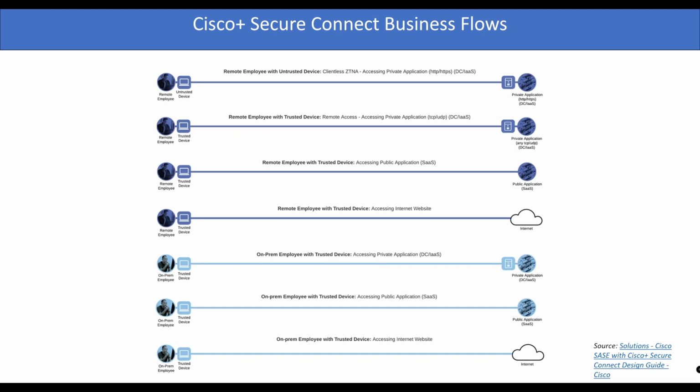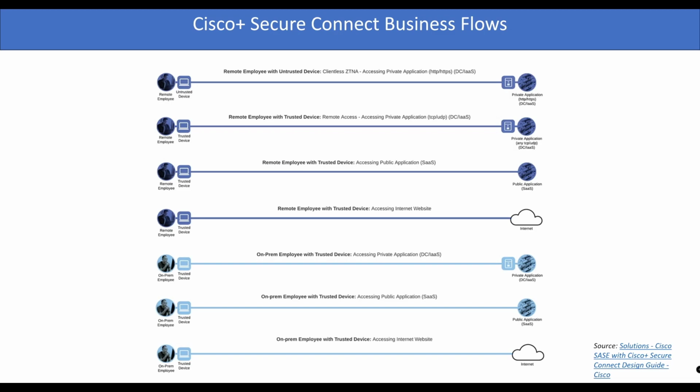Now, there are many Cisco documents out there, but one document that I particularly recommend, if you are looking at deploying Cisco Secure Connect, is the Cisco SaaS with Cisco Secure Connect design guide. I will include that link in the video description, because what that contains is essentially what you're seeing on screen here, with a further breakdown of the capabilities and how you can map solutions to each of these business